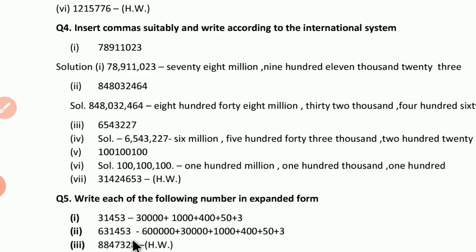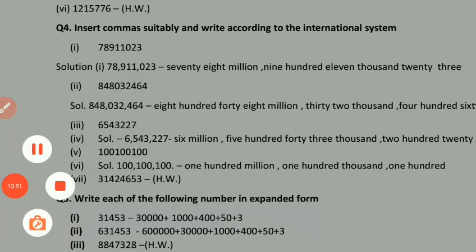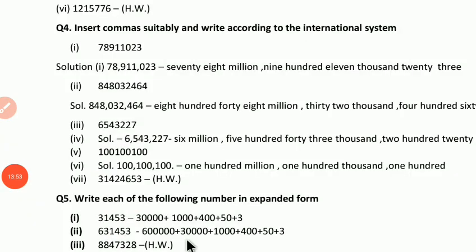Same, last one, 88473228. You have to do this question like this, which we have done as the first and second one. You have to write every digit's place value, and you can write it in expanded form. So now we will do the next questions in our next